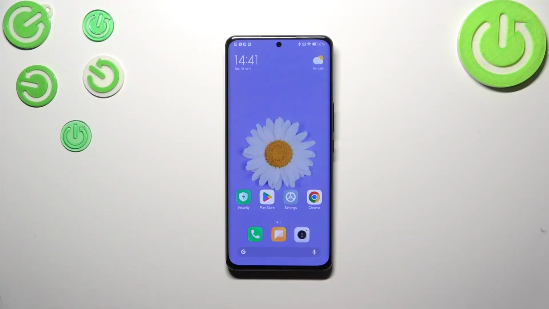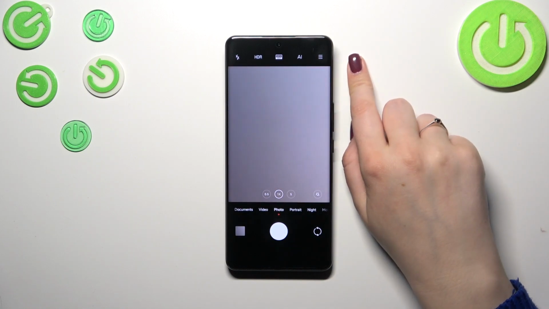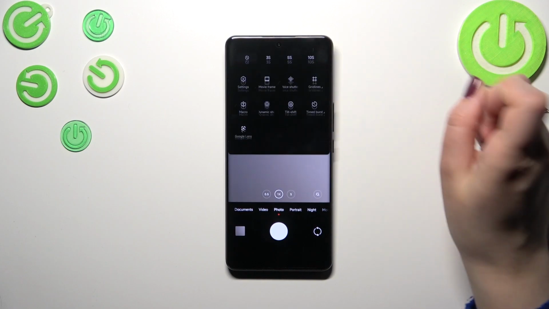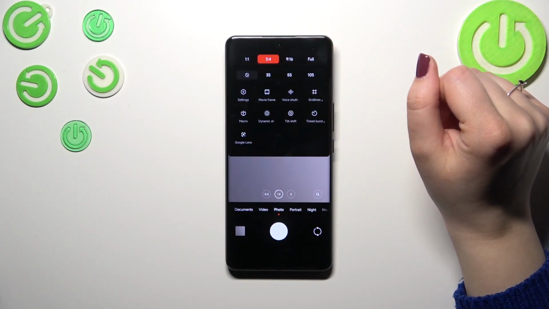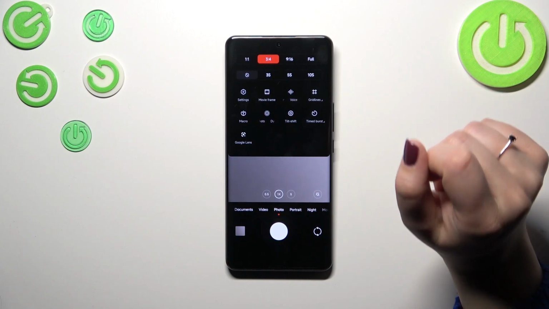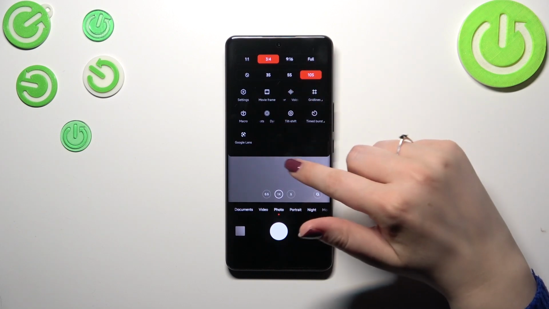So first of all, let's open the camera app, and since we are in the standard photo mode, we can enter the settings, the options which are in the right upper corner, so the 3 bars icon. And as you can see, the second bar is connected with the timer, so we can set 3, 5 or 10 seconds delay. Let me pick 10 seconds, so basically just tap on it, and if it is highlighted, then